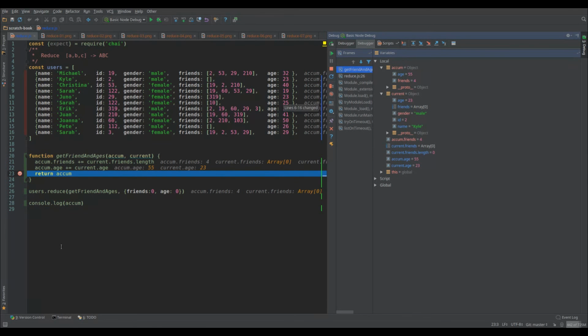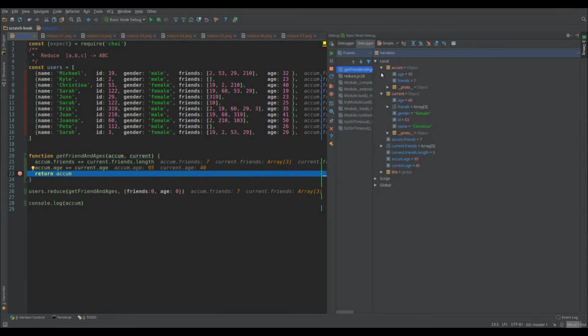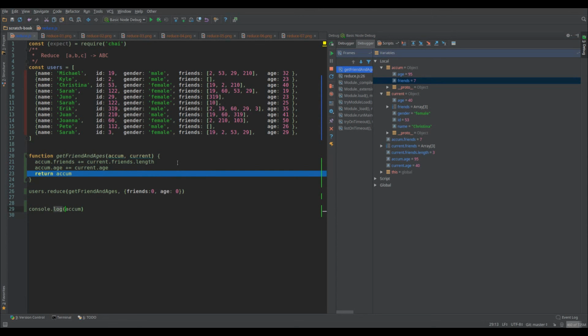And the reason that first accum had values on it is because I put the breakpoint on return. We mutated that object already. So things are still going as planned. We're running through. You can see the accum keeps getting a higher number. I'm going to remove the breakpoint for time's sake. And then all we would have to do if we wanted the